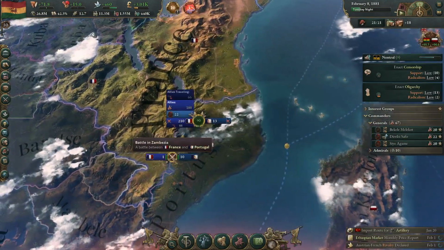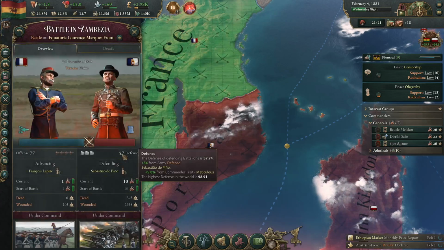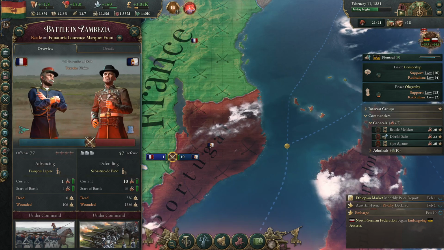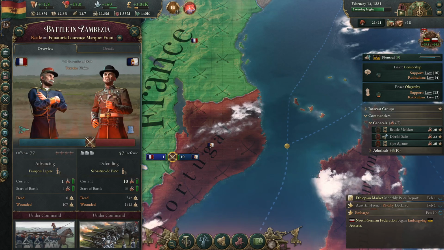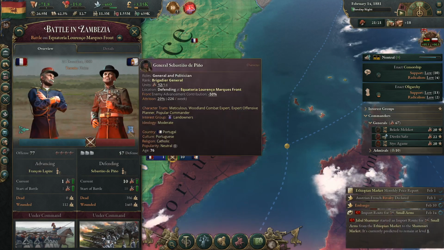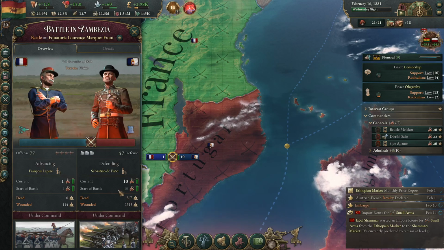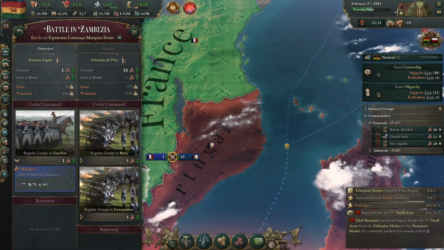We don't need to worry about that one right now. But this battle is going to take forever. Of course, the one French battalion is going to win this, because they just use artillery for everything, essentially. There's a bit more casualties taken. Army offense, okay. Oh, right, so the attack values are technically larger, but...